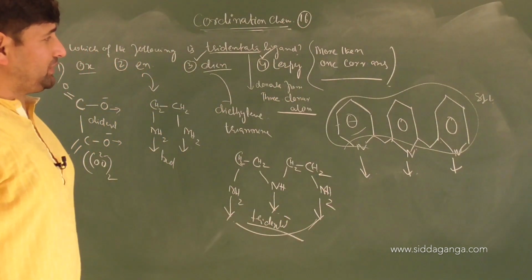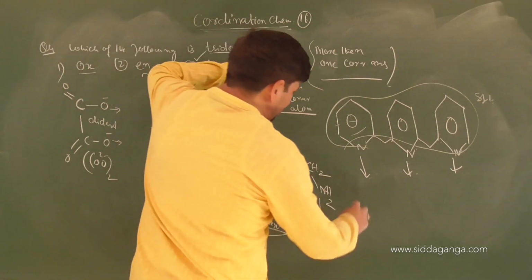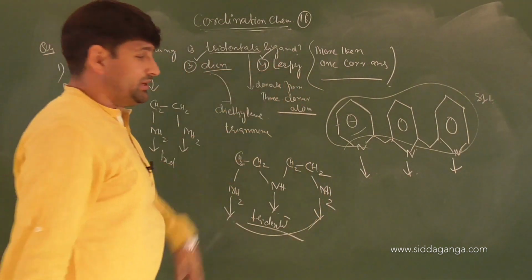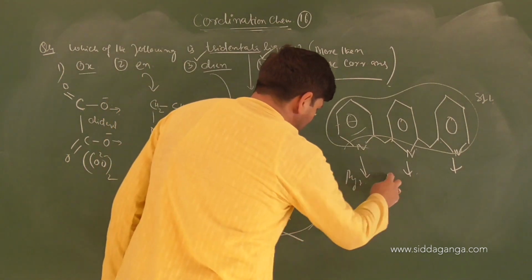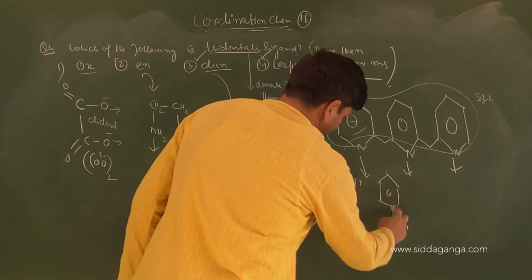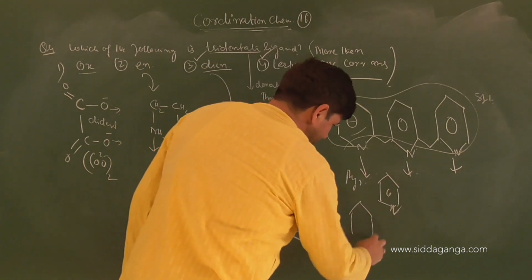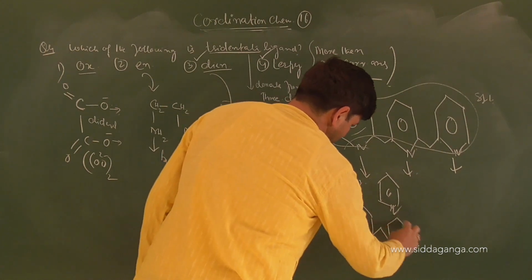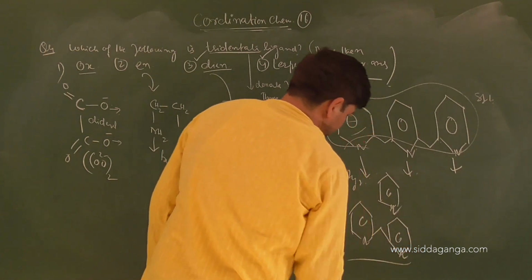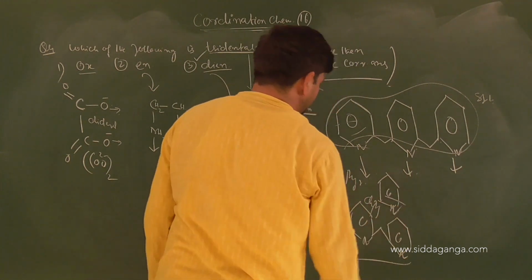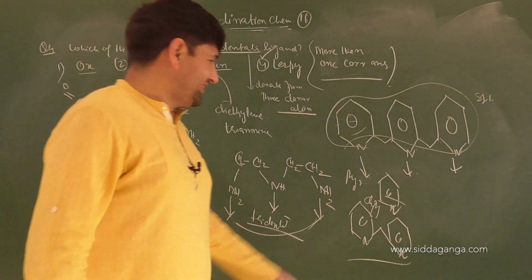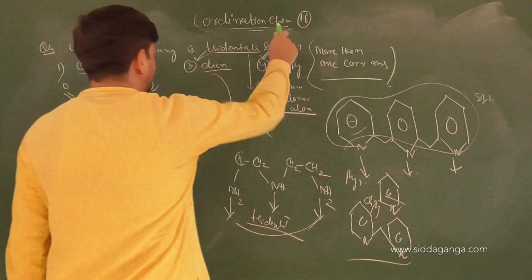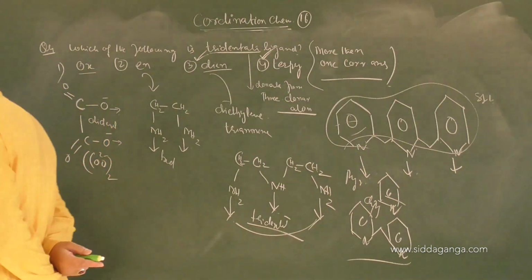So diene and terpy. The monodentate ligand of this terpy is what? Pyridine, that's called PY. And then there is dipy, right? This is dipy, this is not monopy. This is pyridine, this is dipy, and this one will be terpy. So the correct options will be option 3 and option 4. Have a look at the diagrams carefully.